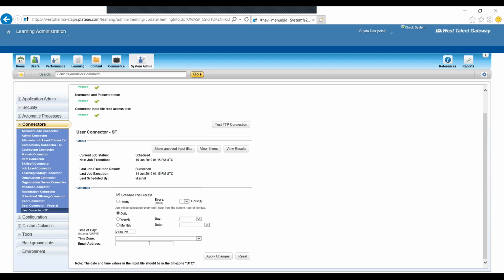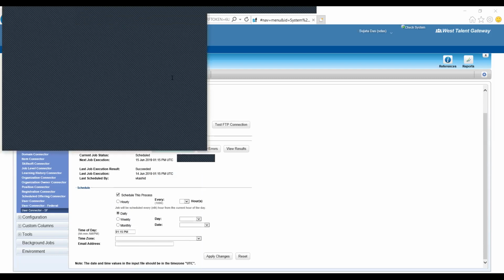And if you want this report to be delivered every day, then you have to maintain your email ID here, so that whenever the connector runs, you'll get that status report, that audit report, every day. The summary report as well as what errors are happening, if you want to see that, you can get it. And there is also something called archived input files. Here, if you have set archiving, you'll be able to see the different can you see that popup? No? Okay, let me share again.